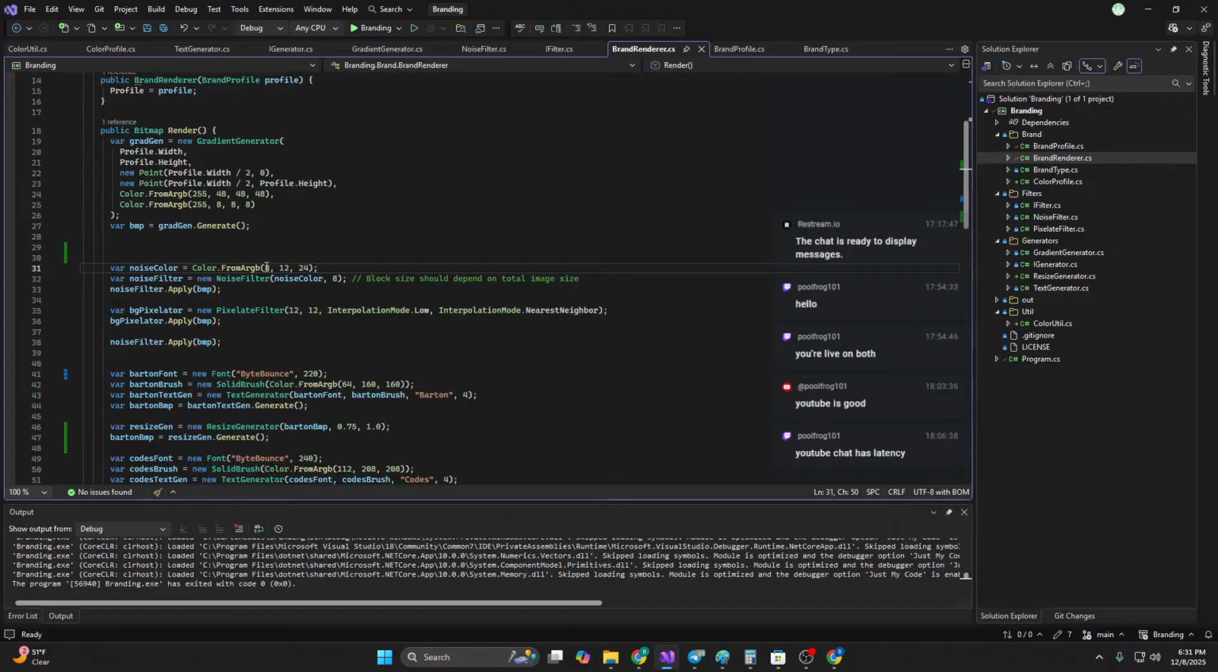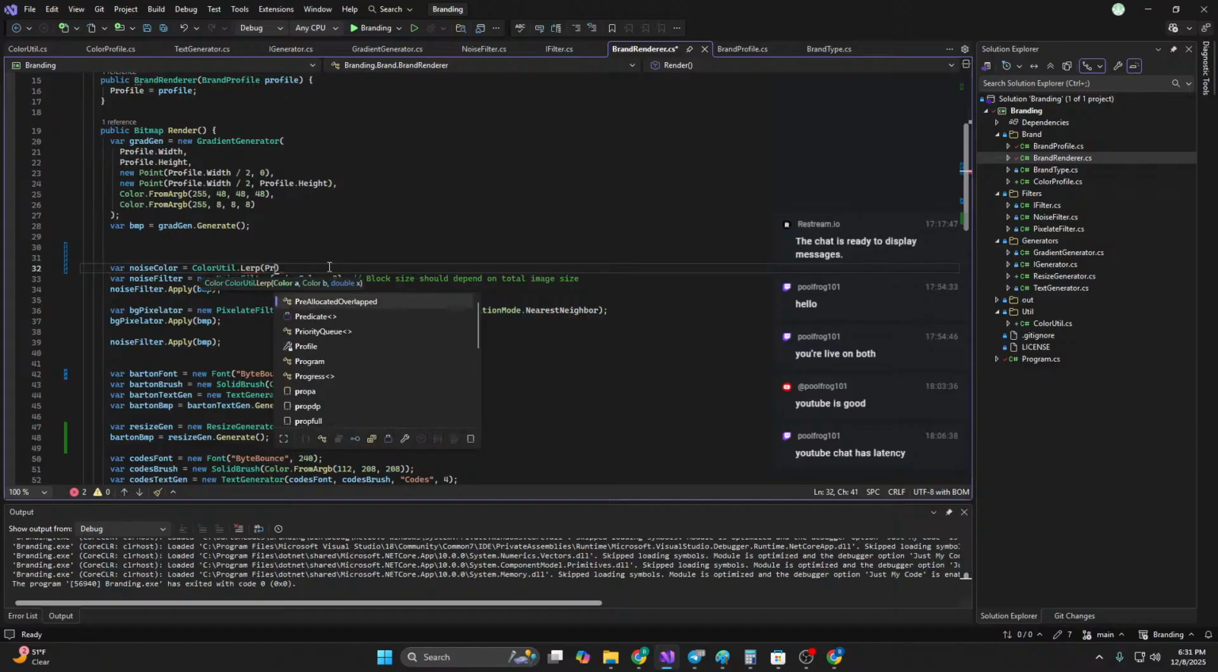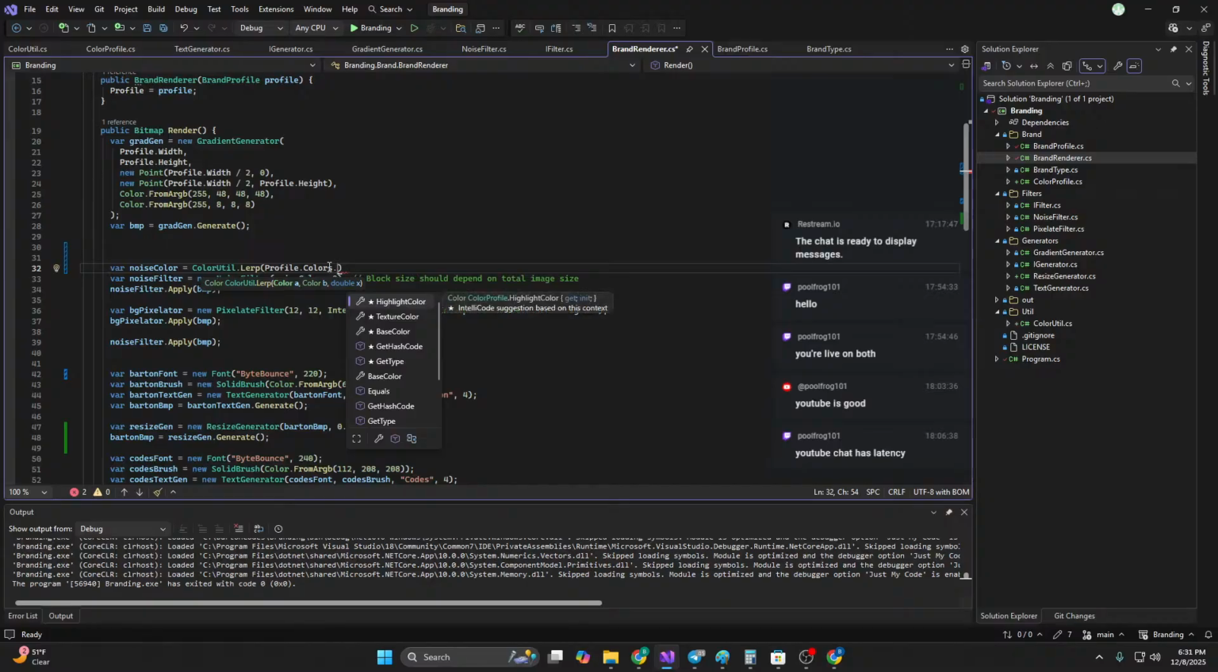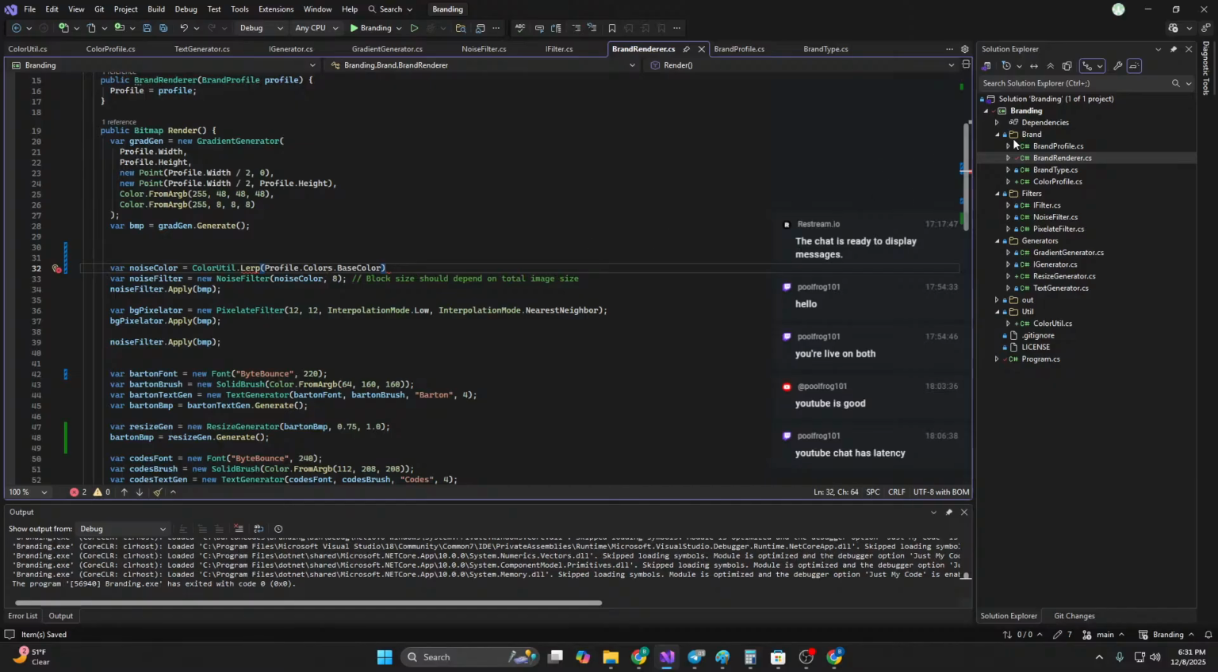So noise color right now is a really dark color. And let's say that this noise color I want to come from the base color. So instead of this, I want it to be lerped quite black. So we can darken it by saying lerp profile.colors.base color. Actually, because this thing is called colors, before I do too much of this code, I'm going to come in here